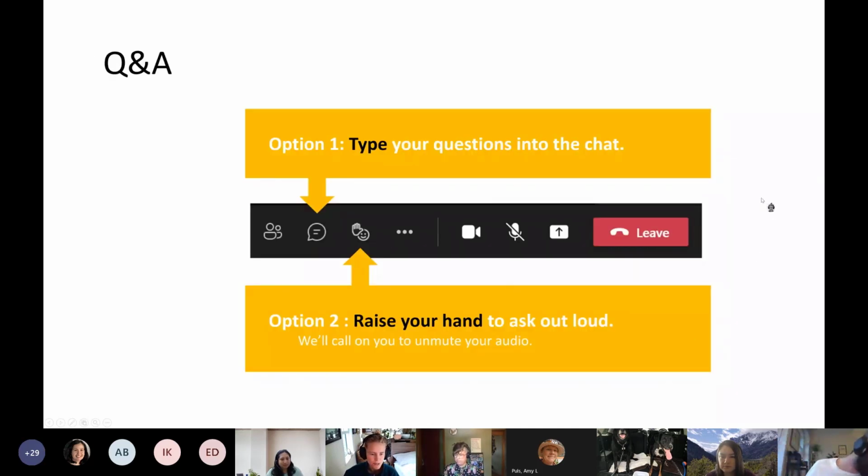Okay, we've already gone through these tips. Mute yourself. Q&A: during the Q&A, feel free to type your questions into the chat, and we will read through them and say them out loud. If you want, you can raise your hand using the raise hand function right here, and then we will invite you to unmute yourself and you can talk.